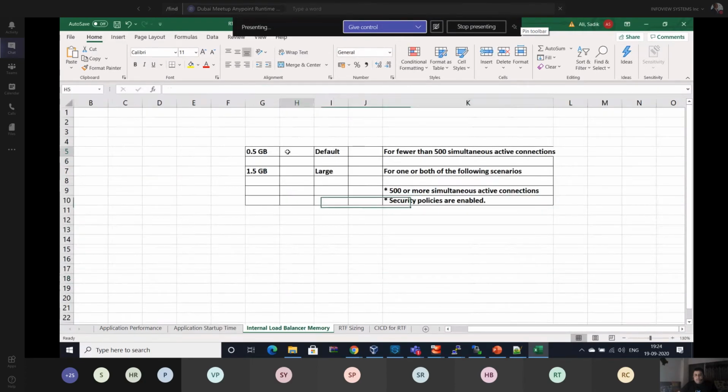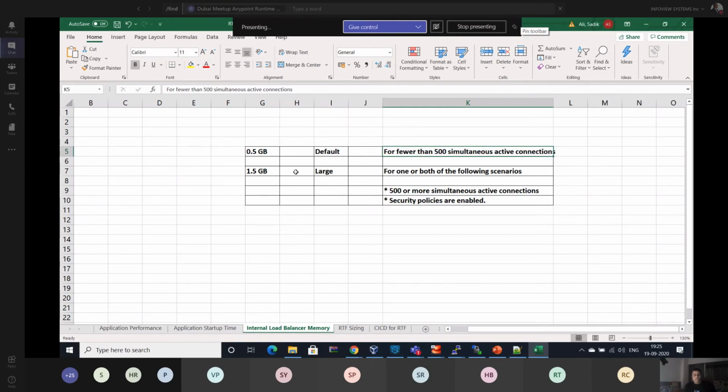Okay, and this is the Ingress. If I talk about the Ingress, what we have on the Kubernetes platform, they are taking that kind of resources. The amount of resources or memory we are allocating to Runtime Fabric is not going to be exactly used by the application.